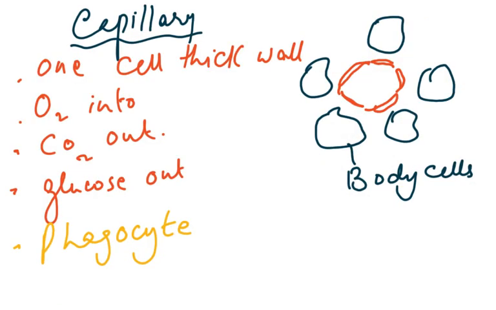Now when we look at the capillary, a capillary has a wall that is 1 cell thick, and this is where all the function of the transport system is made possible. Why? Because if you're transporting something, like if you're going in a car to the school and you can't get out of the car when you reach the school, well then there's not much fun going to the school. So transport means transporting something from one place to the other, but then it must reach the other place. So the blood is a transport system, but then you have to understand, if this is a capillary and this is the blood inside the capillary,